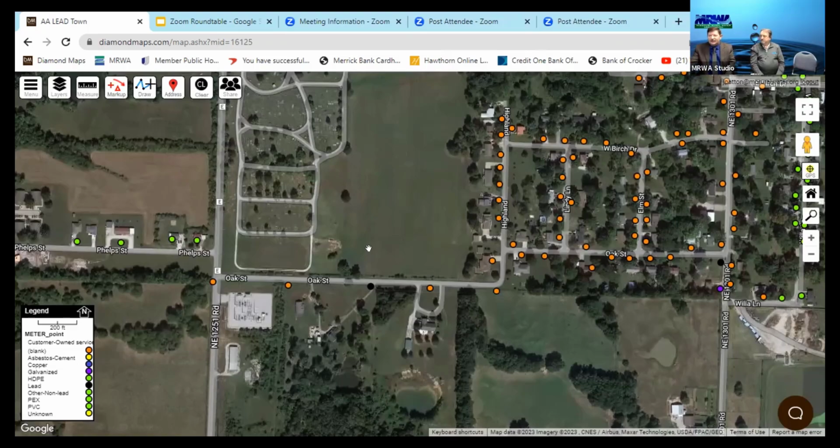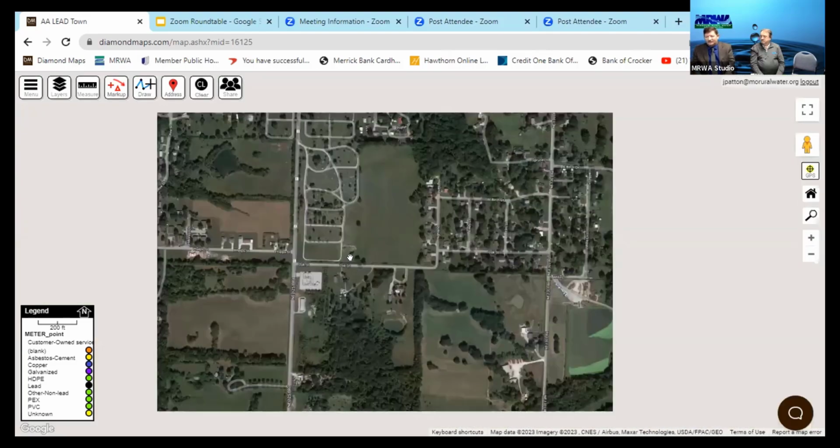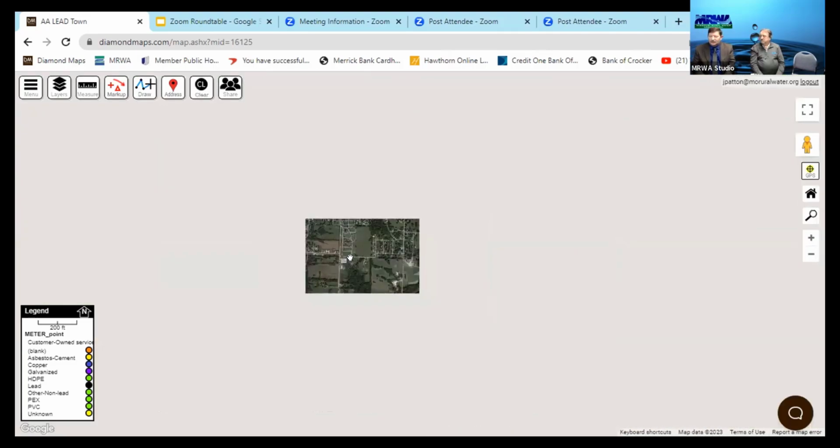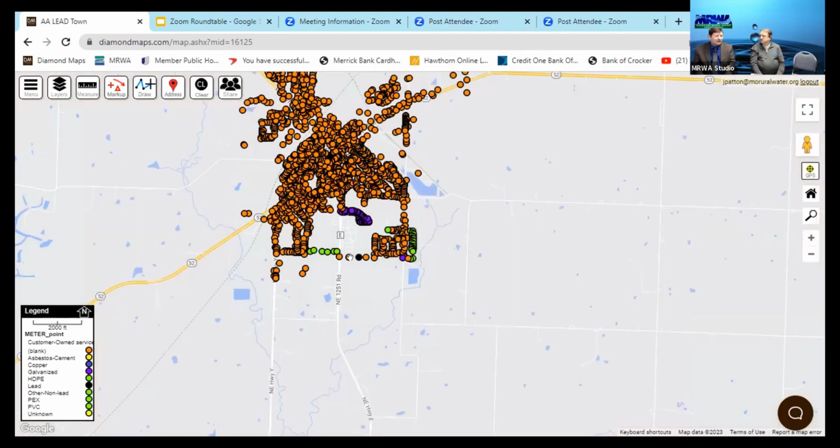As you start going out and doing this, you can do this on the fly because you can actually use your cell phone when you're out. You could be standing in front of this house and you've had a leak, and so you're digging up your service line. You could pull up your phone, pull up this information and plug everything in right then and there. And it's done. And you don't have to go back and do it again.